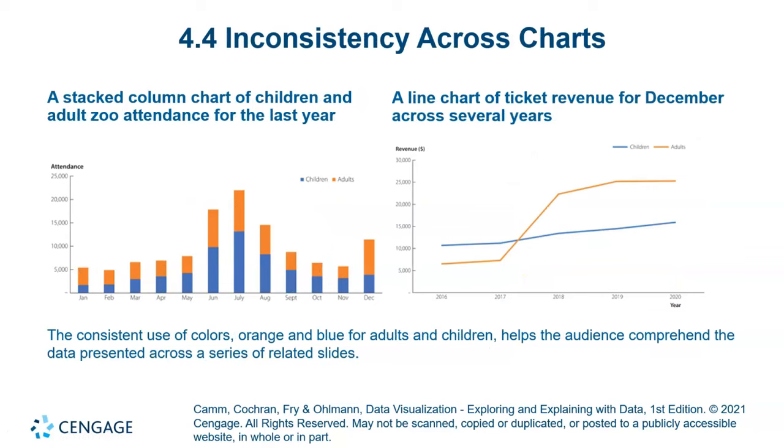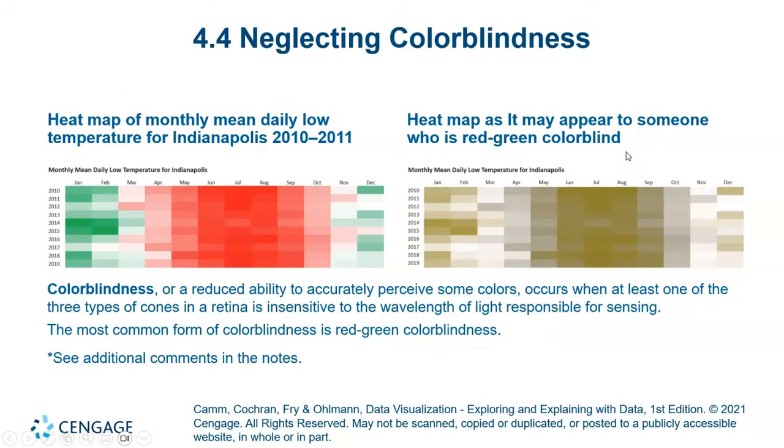Inconsistency across charts: if you see over here, you can measure the inconsistency with the different colors. These two colors can give you different meanings: the orange color is for adults and the bluish color is for children. We should also take care of special cases like colorblind people. Colorblind people don't have